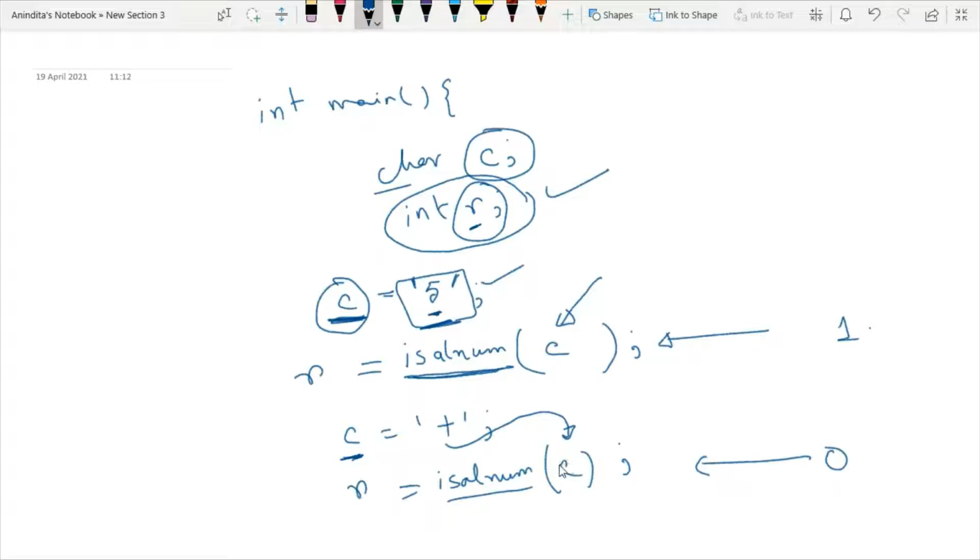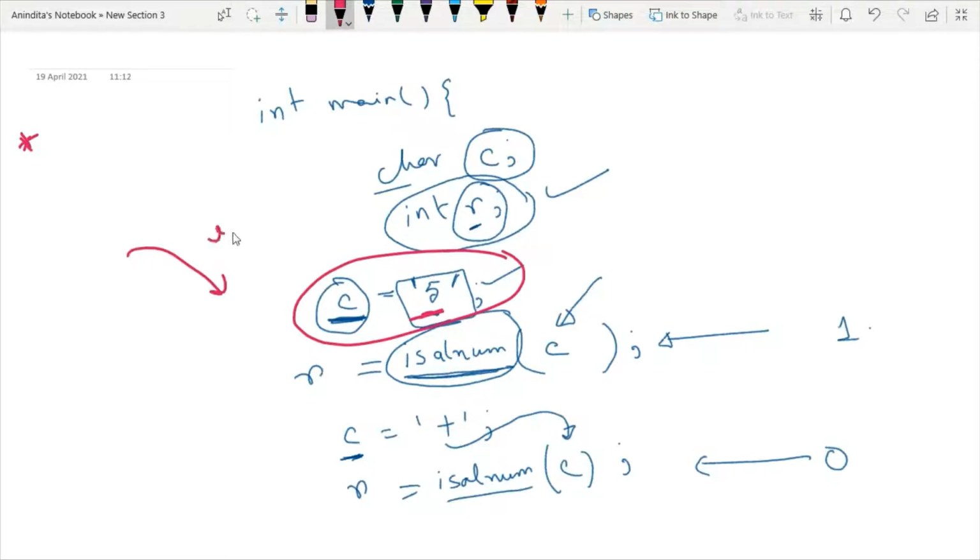So what is the practical application of this function that we have to understand? If you have some character and you don't know whether it is an alphanumeric character or not, we can easily check it. For checking this kind of situation, we don't have to write any explicit code.